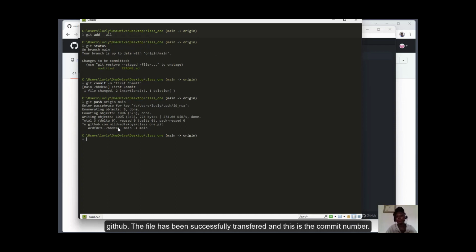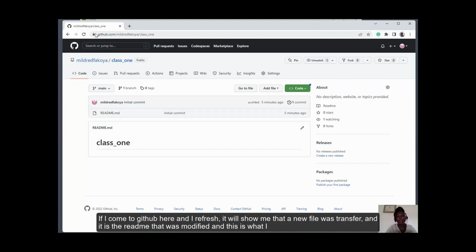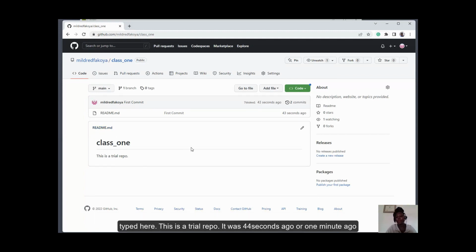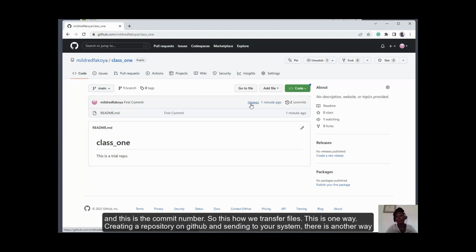commit number. If I come to GitHub here and I refresh, it will just show me that a new file was transferred and it's the readme that was modified, and this is what I typed there. "This is a trial repo." It was done 44 seconds ago or 1 minute ago, and this is the commit number. So this is how we transfer files, and this is one way, creating a repository on GitHub and sending to